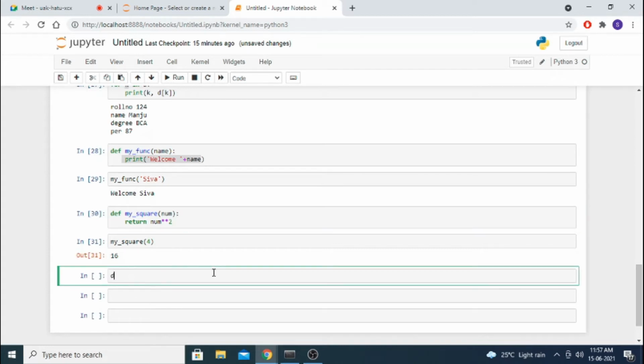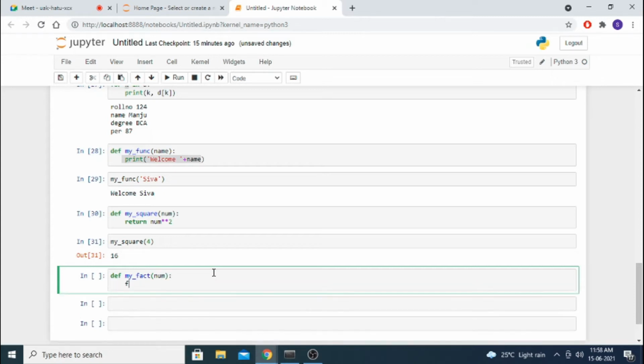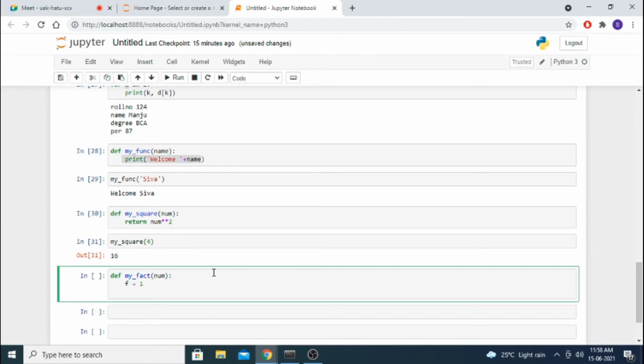I am going to give def my fact num colon, so that f, I am keeping f equal to 1. Because you know the thing, it has to start with the multiplication. For i in, I think you remember the range function, 0 comma num.